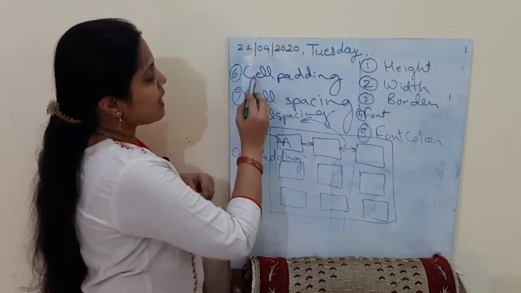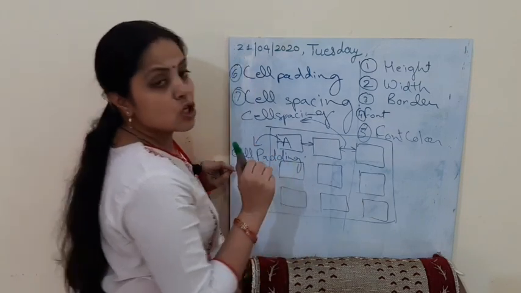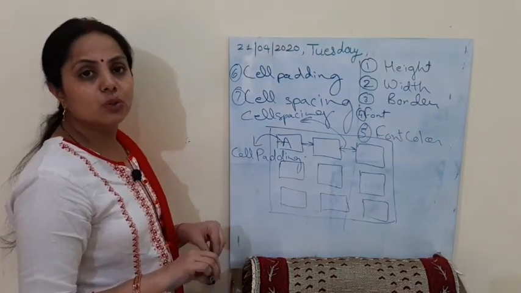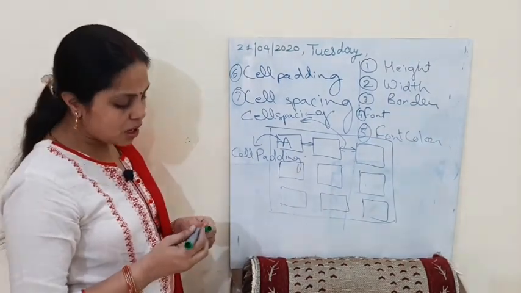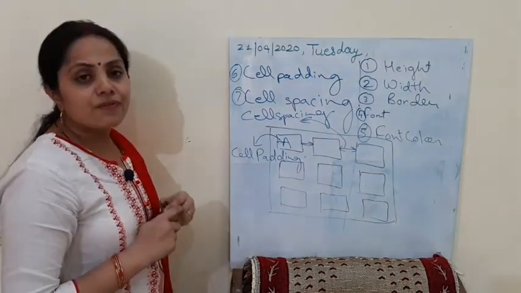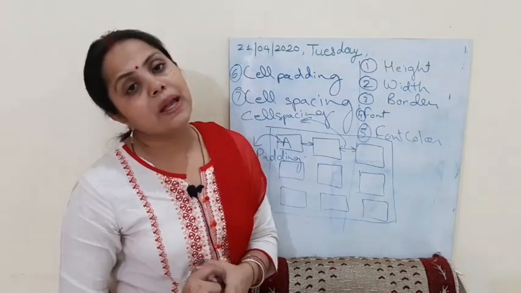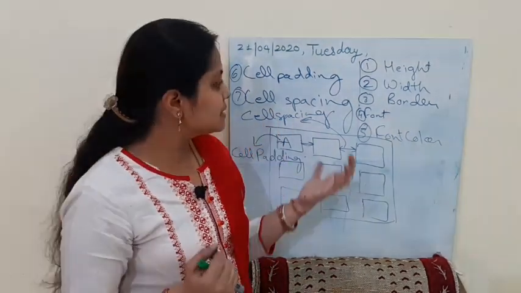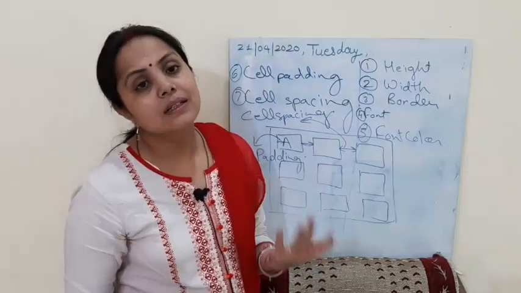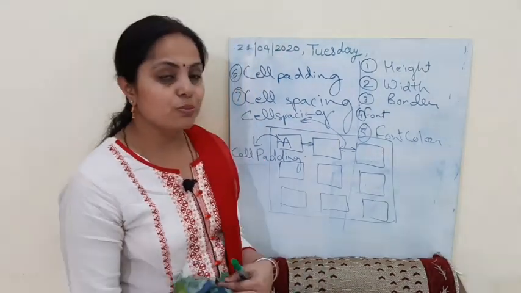By default, the value of cell padding and cell spacing is 2. Otherwise, you can change it according to the table that you want to create, according to your visualization, according to the question given. Please keep this in mind. Every time in the board exams, we get one question related to tables, where these things are applied and the student needs to analyze and see how that table is to be created and changed.